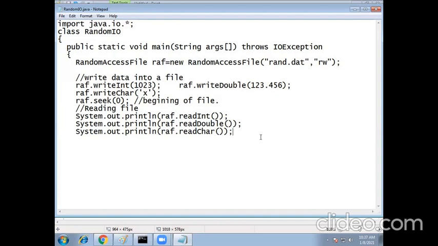And finally RAF dot close. Just writing and reading. Okay, please note down.